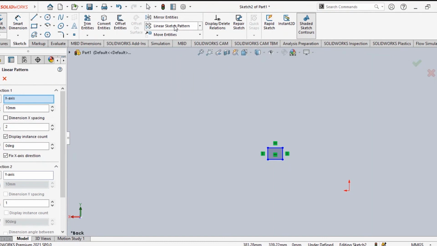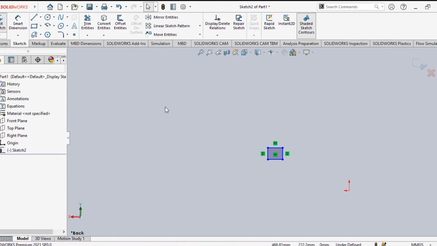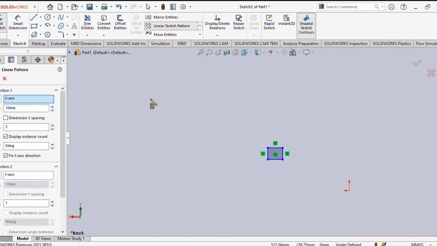It may be in the horizontal direction also. It may be in the vertical direction also. It may be both horizontal and vertical direction. Both side it can be made. Right. Now the object is not selected. You need not remember that you have to select that object. Now see what it is asking. It is menu based. So it will be asking everything. Select linear sketch pattern. It is asking something. What is asking? First, it is asking x-axis. Right? And how many numbers?